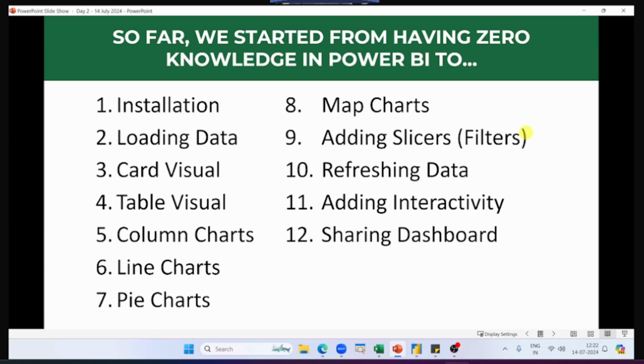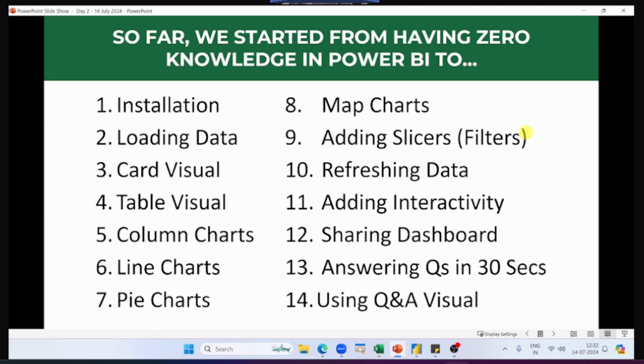We have learned how to share our entire dashboard offline, online, in a PPT, in a website, on a mobile app, everywhere. We have learned how to answer questions in just 30 seconds by using the power of Power BI, and we have also learned so far how to use the Q&A visual to literally answer any and all questions and even build visuals. Guys,